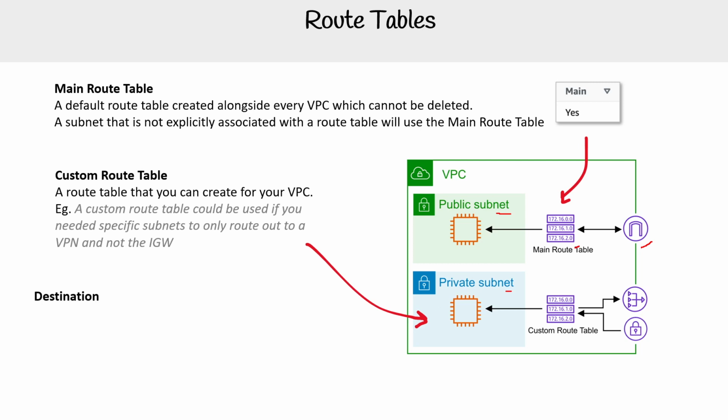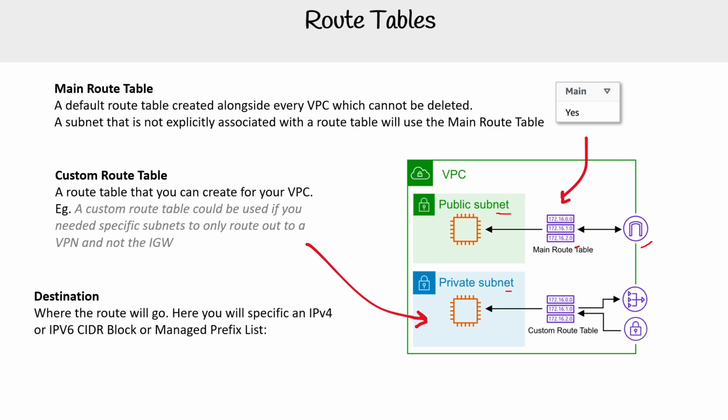For destination, this is where the route will go. Here you can specify the IPv4 or IPv6 CIDR block or the managed prefix list. So if you were going out to the internet for IPv4, it would look like that. If we're going out to the internet for IPv6, it would look like that. If you wanted to specify a managed prefix list, which I believe would mean any, this would allow for anything